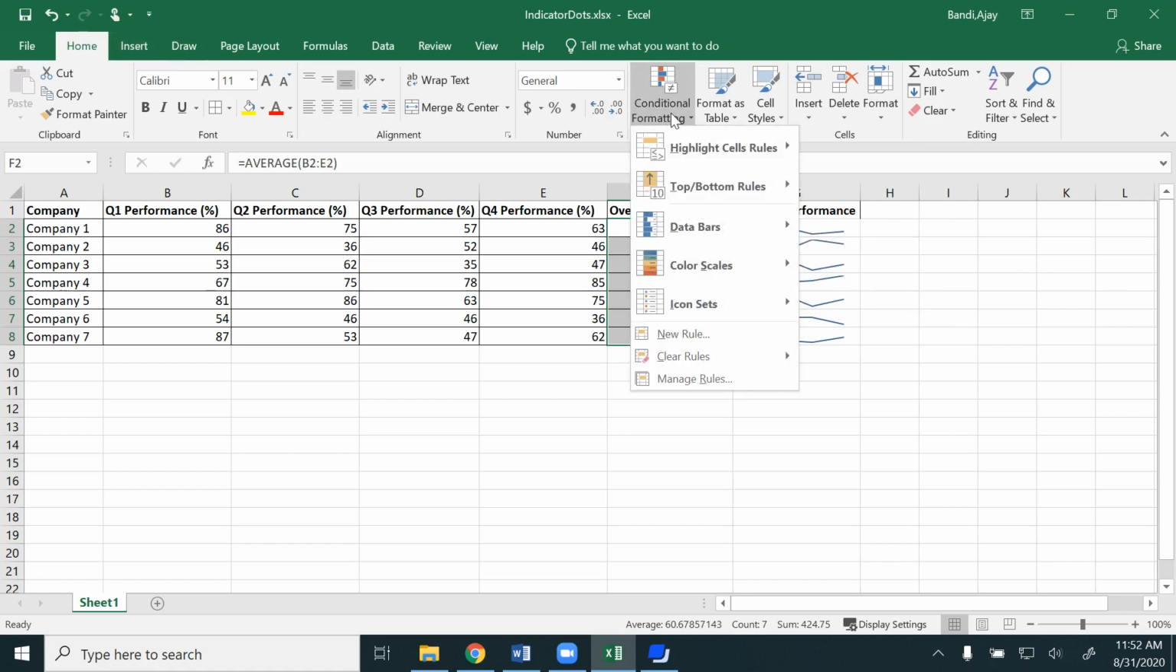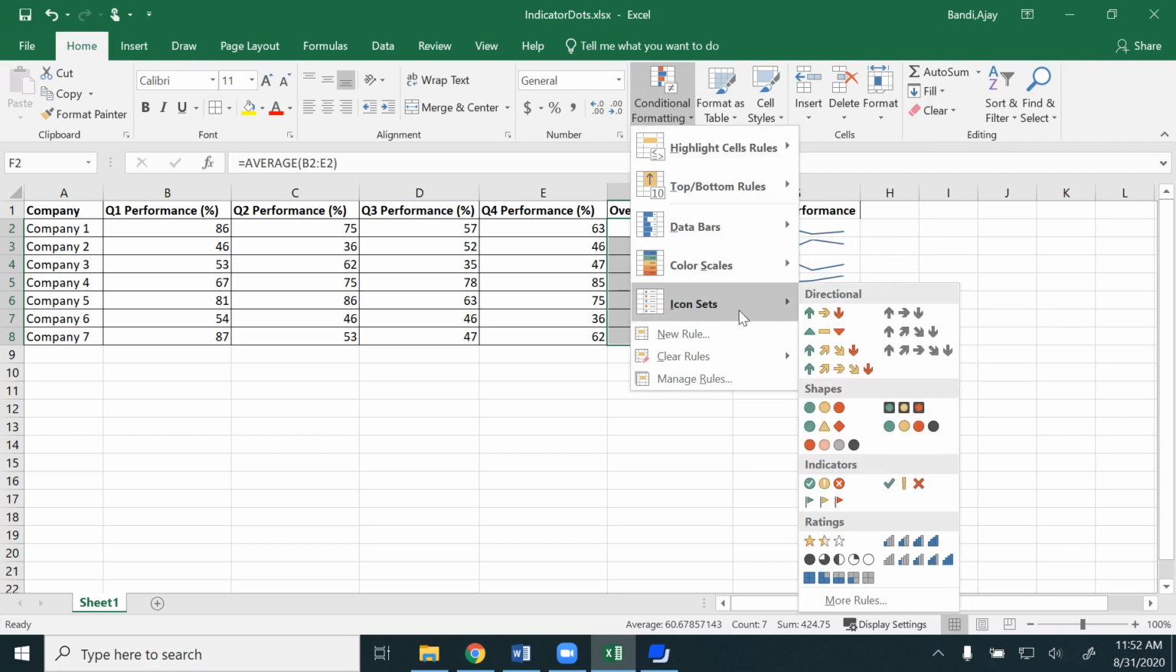Go to conditional formatting, go to icon sets and select whatever you want to do. Since I said indicator dots, you have 3 different ones, it is kind of like a traffic signal. Red is bad, yellow is neutral, green is positive, good. If you want a 4 different scale, you can consider that, or if you want 3 different scale, you can take that. And if you want to consider this as a good indicator for you, you could use